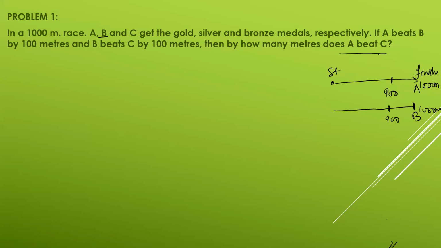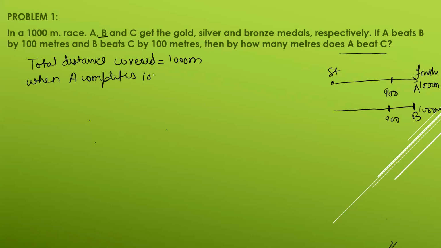So total distance covered is equal to 1000 meters, right? So let's calculate it with a simple speed and distance formula. When A completes 1000 meters